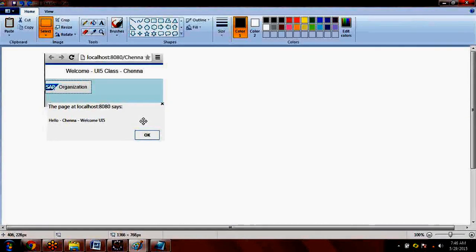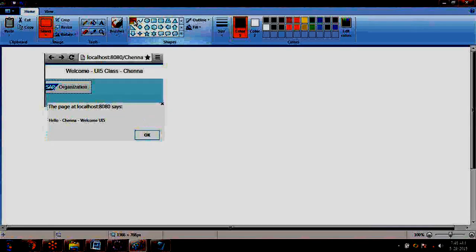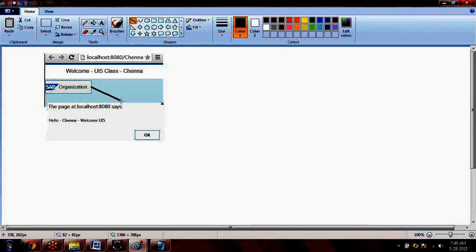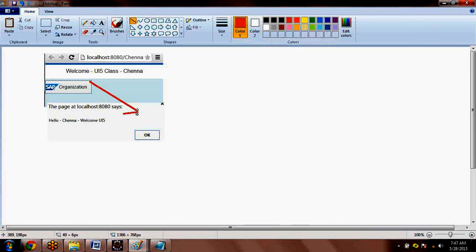So once you click on that, you will be getting the alert. So in this program, this is what we are trying to do. And this is an alert. Let me change the color of this one to something else. Okay, so that's what this program is.